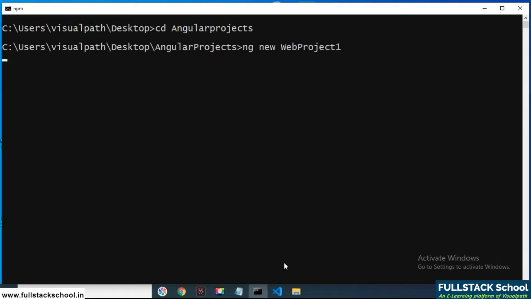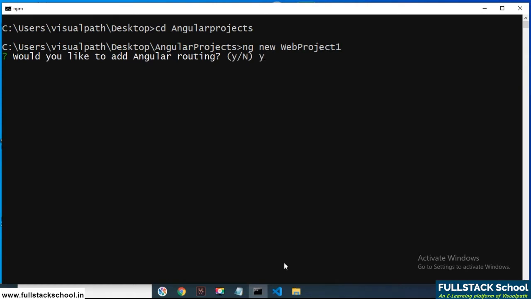In the Angular CLI, if you want to add routing to our Angular application, you can specify yes. If you don't want to add routing, then press no. Mostly when you press yes, one routing file will be added by default to the Angular application.